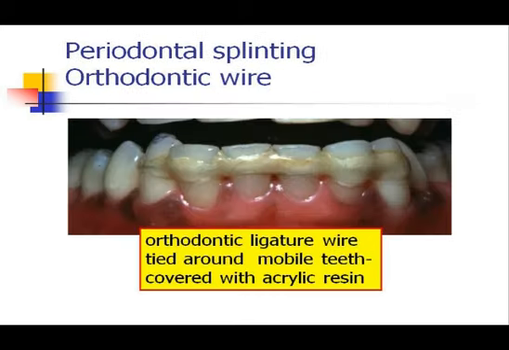Some of our earliest periodontal splinting was with orthodontic wire, where we take the wire, twist it around the mobile teeth, and then cover it with an acrylic resin. This would be similar to jet acrylic. The problem was that acrylic resins discolor over time. This wasn't done with an adhesive technique, and these splints were strong and stable, but not very durable and not